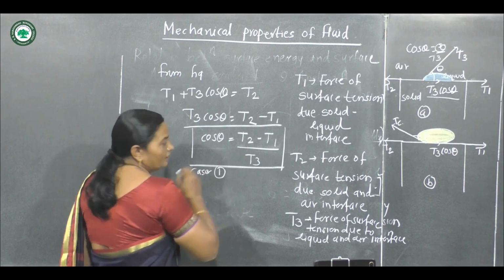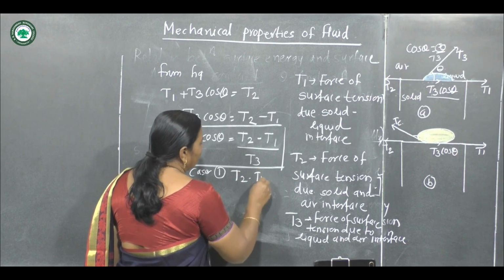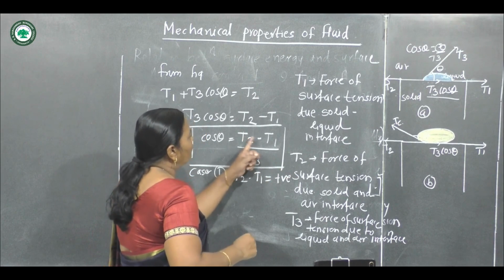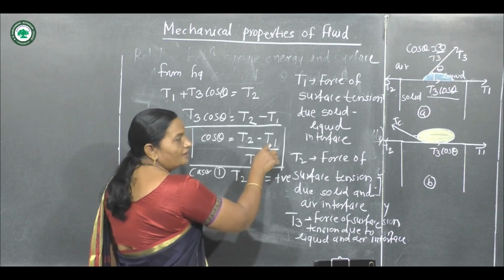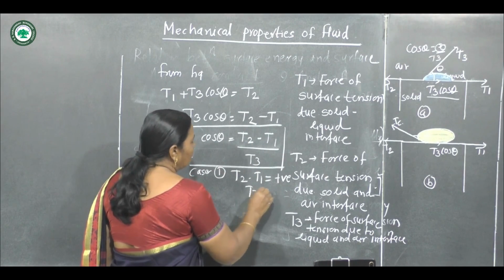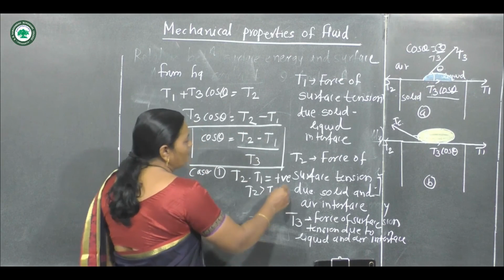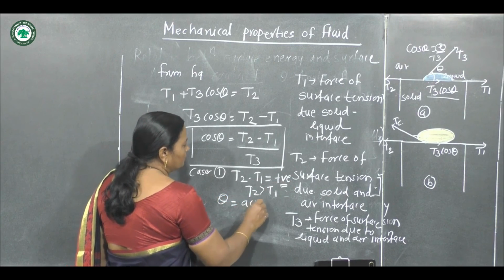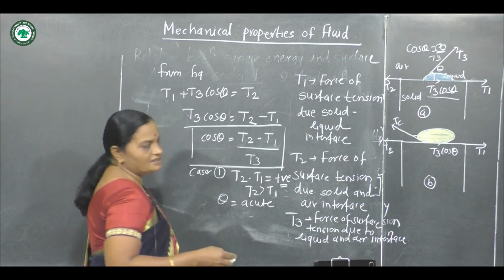Case 1: if T2 minus T1 is positive, that is, T2 is greater than T1, the whole factor is positive and the angle of contact is acute. Now in the second case,